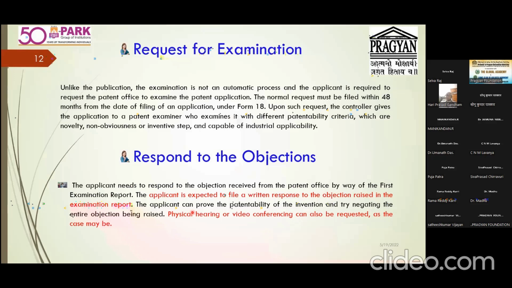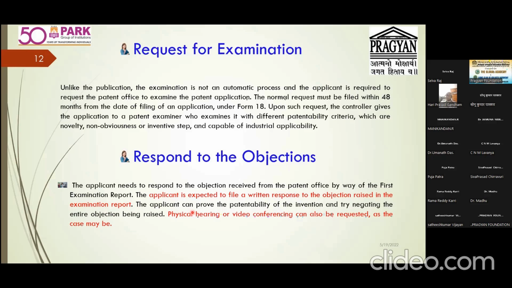So what are the claims? What are the objections they have given? We read out all the objections and check what the objection is and how we are going to answer that objection. So we can go for a compromise with the controller. This is my method. I have this kind of invention. In that particular patent, it is not like that. They have used this kind of method. I am not doing that. In my work, these are the things that are unique. These are the things that are very new.